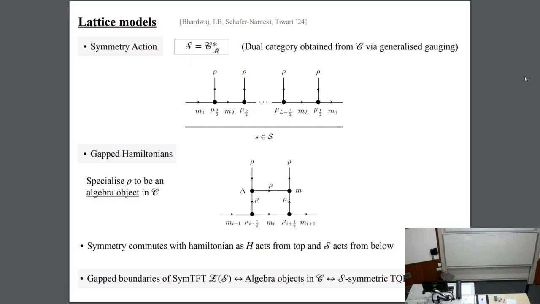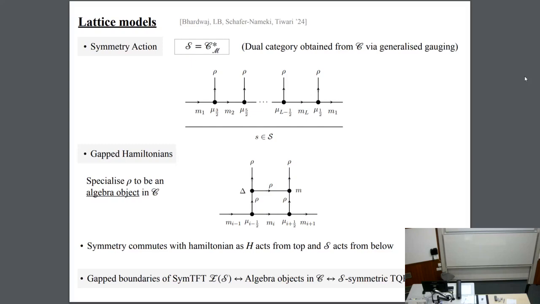And then our claim is that we can also write down gapped Hamiltonians. For every gapped phase we determine from the SymTFT, you can also write down a Hamiltonian, and the ground states of this Hamiltonian realize all the gapped phases we found in the continuum. In particular, the Hamiltonian is given by these H operators that you glue on top of the fusion tree.